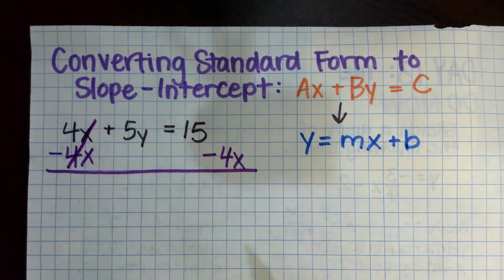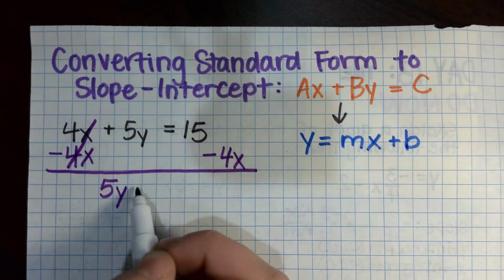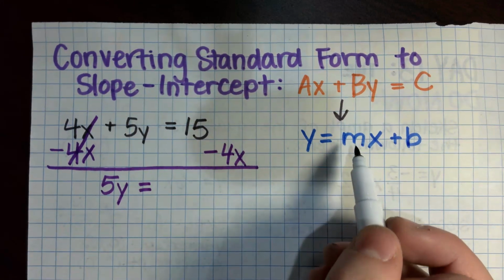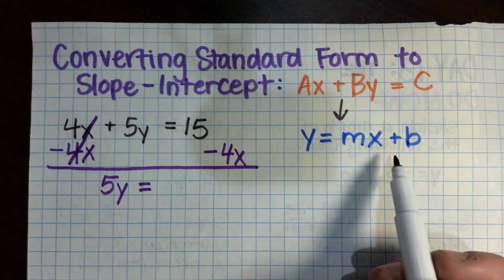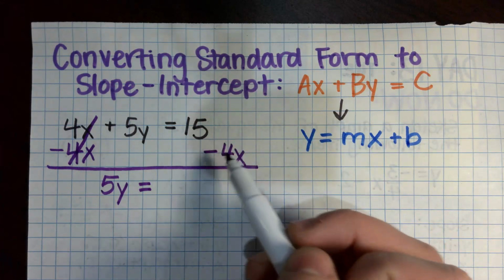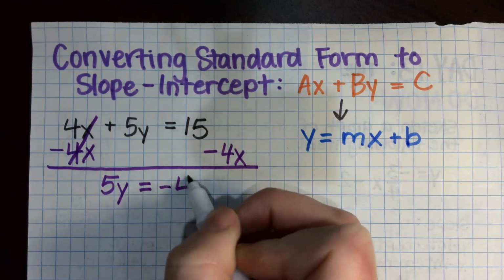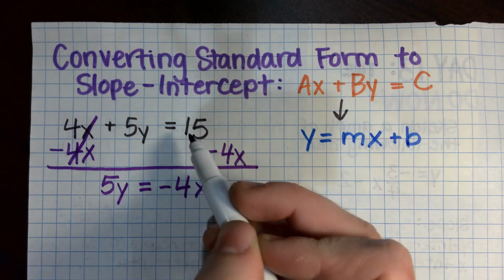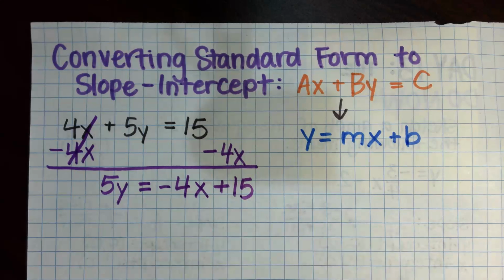And my x's are gone on this side. All I have now is 5y equals, and if I look over at my slope-intercept form, I want my x to come first and then plus b. So when I do minus 4x, I actually probably want to write that first so that my x comes first, and then we still have a 15. So we can just bring that down as plus 15. Okay,